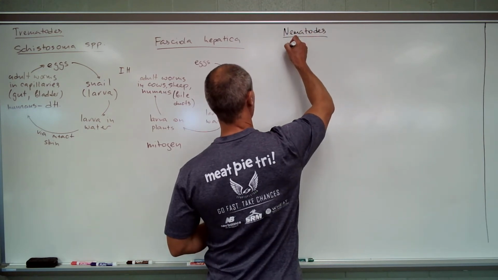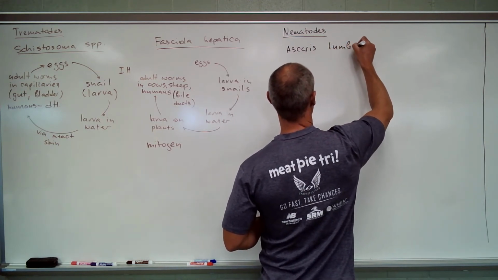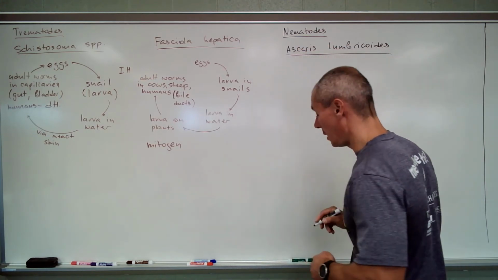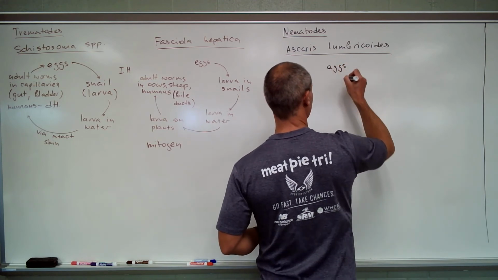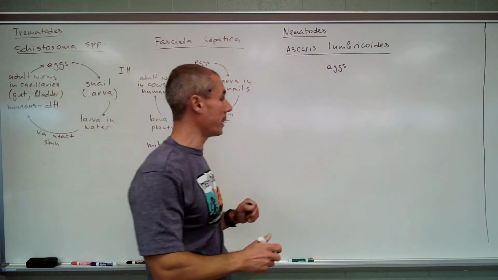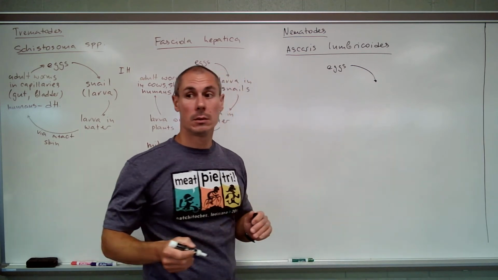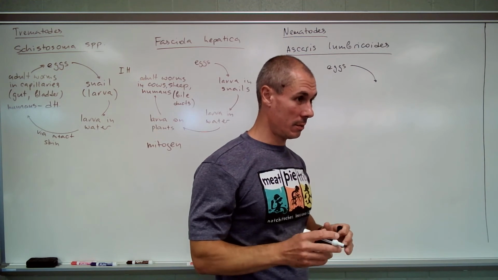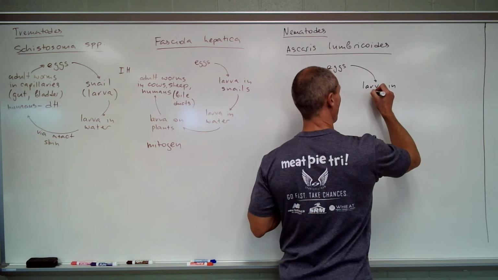So we've got, first one is Ascaris lumbricoides, which has a very, very interesting life cycle. Again, we're going to start with eggs. Are these epithelial? No. Those are nematodes. Those are helminths. Those are just nematodes, roundworms, okay? So eggs. Eggs are consumed by the humans, right? And they hatch into the larva in the gut.